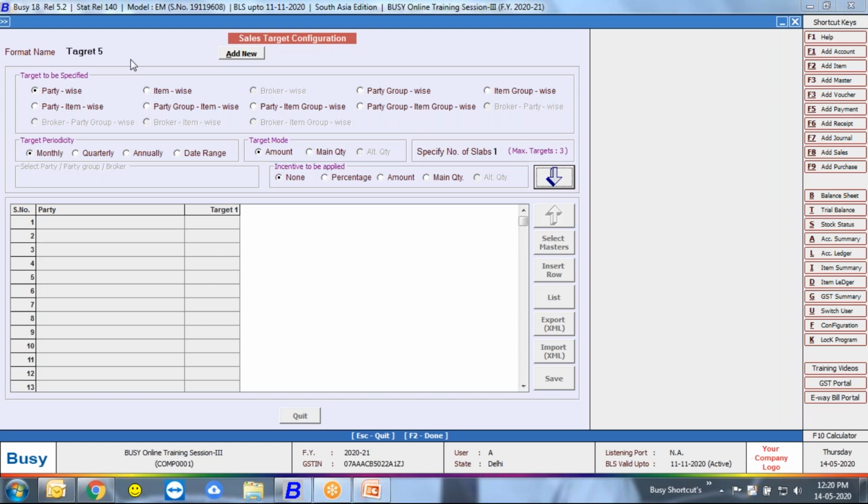First of all, you need to specify the target for which you want to configure it: for your party, for your specific items, or party group wise, or item group wise, or you can configure for both, meaning party plus item combination, party group plus item combination, or party plus item group combination. There are lots of combinations you can use to configure your target as per your convenience and requirements.